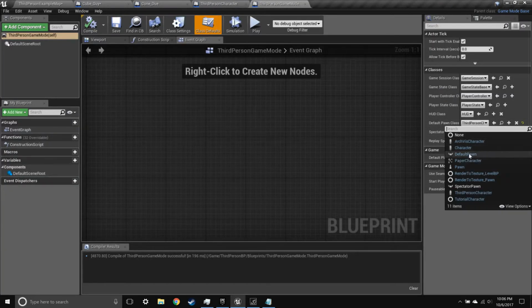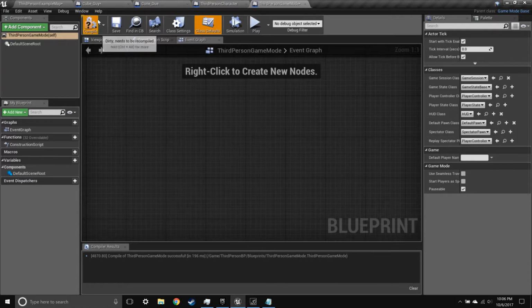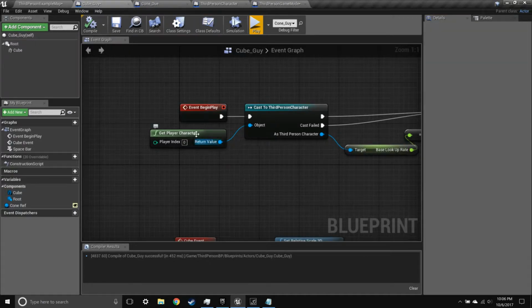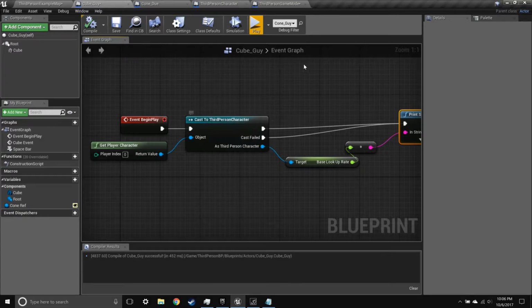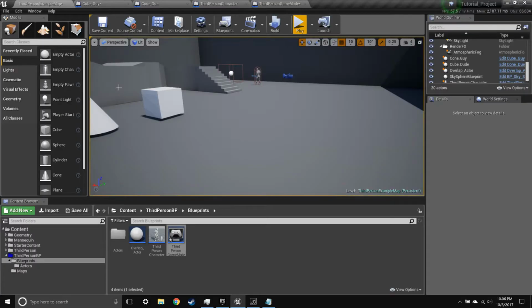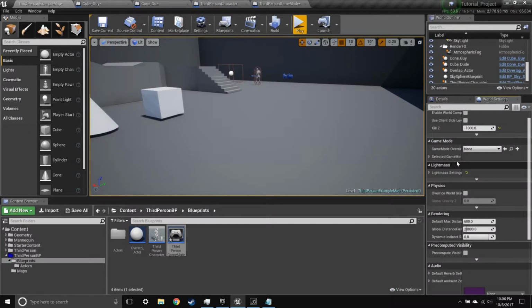That's another thing I should mention. You can't just do this to whatever you want. What the player character does is it checks the game mode, because that's in every single level. It checks to see what character you're on, and then it gives you a reference to cast, or basically an object, which can be anything. And if you cast to it, so long as the game mode has that class, well,